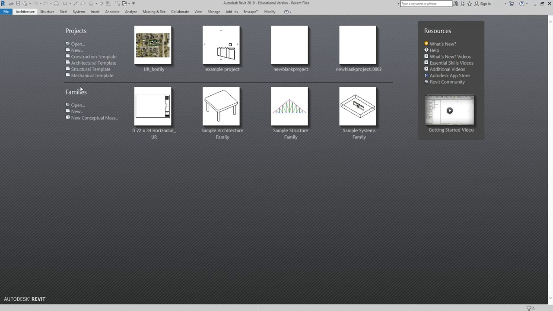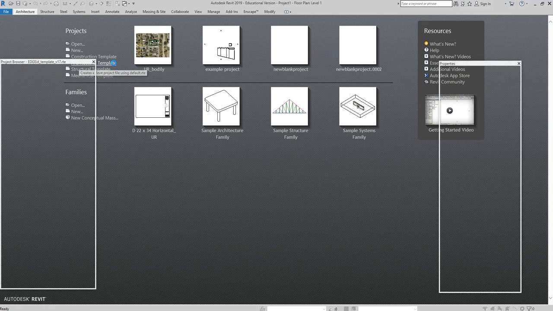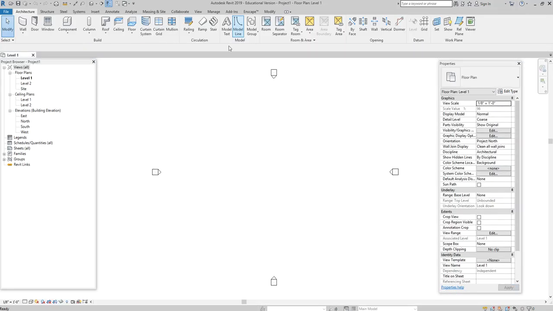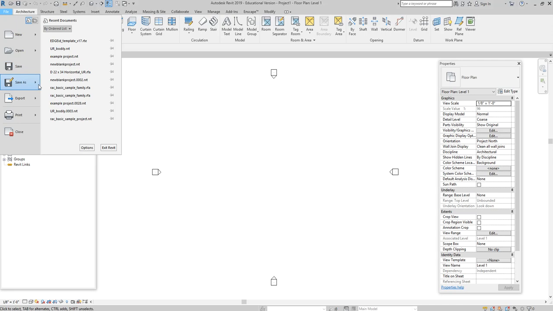Just like your assignment, I'm going to open up a blank template file. I'm going to open up the architectural template file here, and I'm going to save it. So I click on architectural template there. Everything wonderfully comes up, and I'm going to File, Save As,